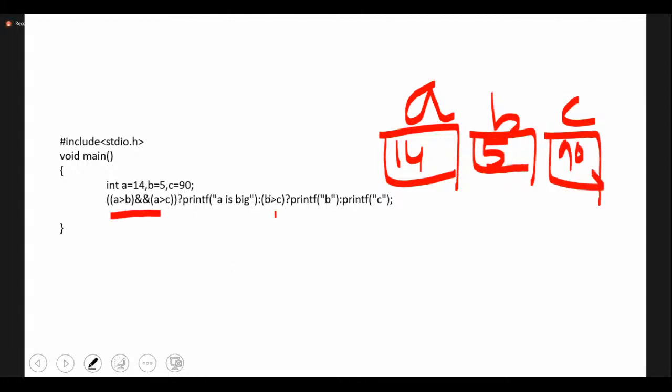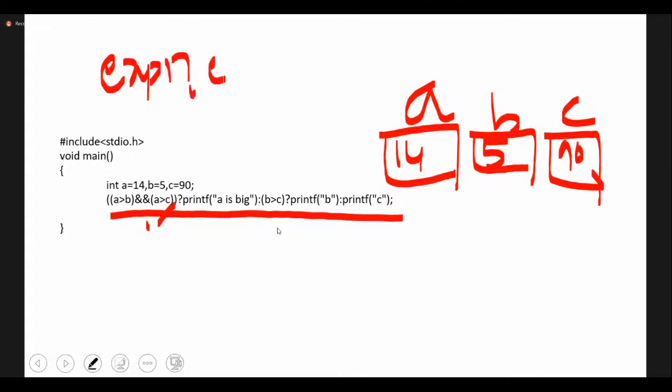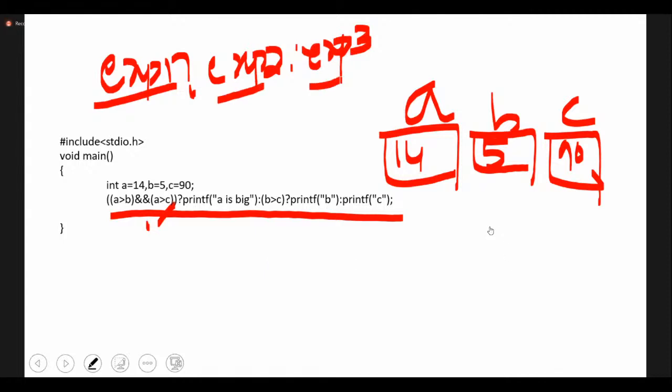Okay, here we are doing the nesting of statements. Then how is your syntax? Expression 1 question mark, then you have expression 2, then you have expression 3. Depending on your expression 1, either 2 will be executed or 3 will be executed. Okay, both don't happen. Suppose if your exp1 is evaluated as true, then expression 2 succeeds. If exp1 is evaluated as false, then expression 3 is evaluated.